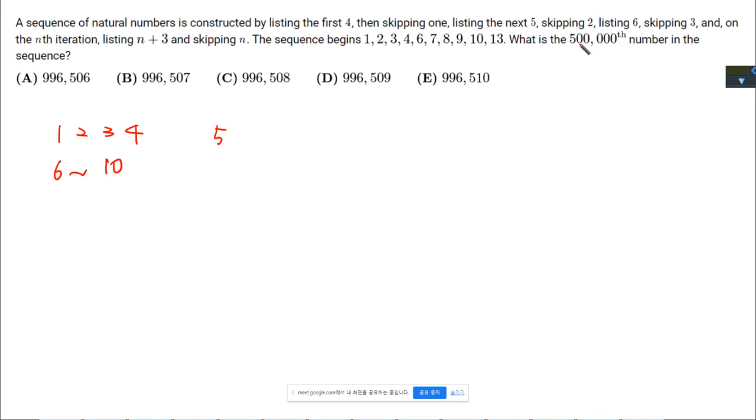And then we are going to skip 11 and 12. And the next 6 is 13 to 18. That means we are going to skip 19, 20, 21. So if this pattern continues, let's say this is group 1 and group 2 and group 3. So in group N,